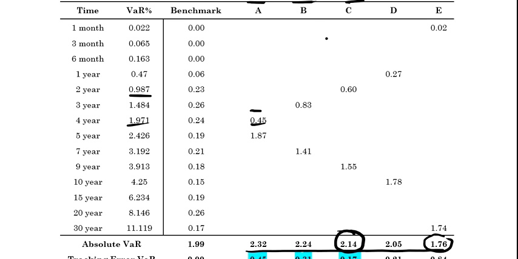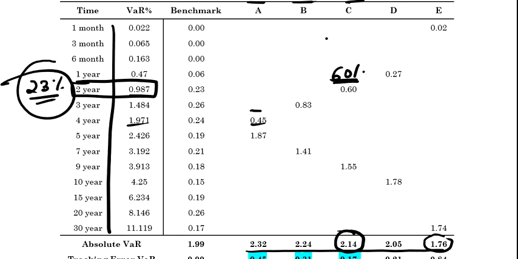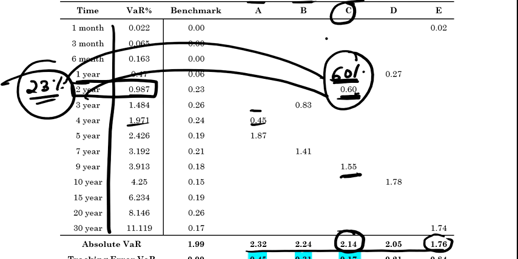Now what is the reason that the tracking error of portfolio C is so low? The reason is that the benchmark invested heavily in the second year. If you remember how much they invested in the second year, that is 23%. And now when it comes to portfolio C, they have also invested 60% in year 2. Among all, the benchmark invested heavily in year 2, and in this case portfolio C also invested heavily in year 2, meaning they resemble each other. That's why the VAR of the portfolio is not showing a huge difference from the VAR of the benchmark.